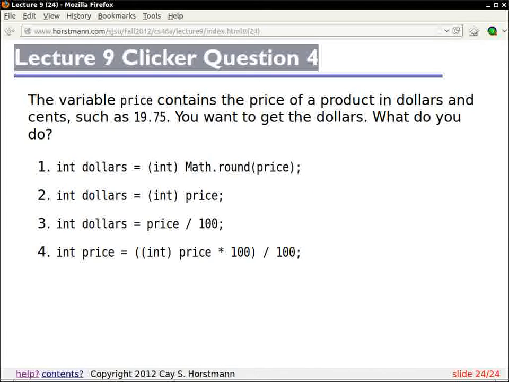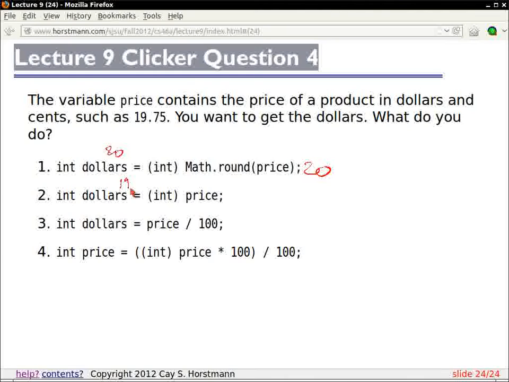If price is 1975, what's math.round of price? It would be 20. And so when I take the integer of that, that would also be 20. I guess that's not what's meant by getting the dollars. So let's look at the second alternative. If price is 1975, then the integer portion of that drops the fractional part, so it would get 19. That looks good. Let's see if there's a better answer.